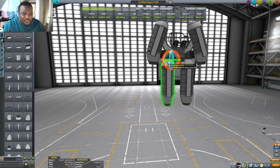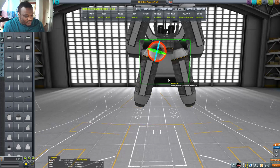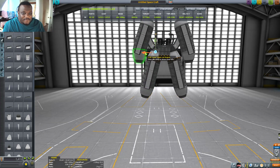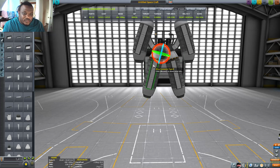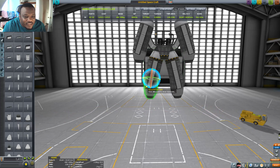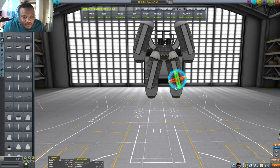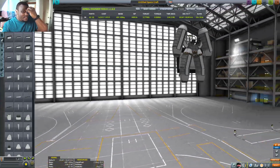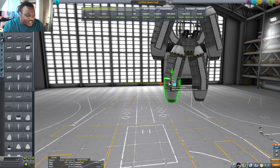Alright. So let's rotate these. So he's not just standing really close to himself like that. Let's move the legs up quite a bit. Alright, so now we just got to get the legs right. I think I will bring his legs in right here. This one I actually need to be straight. Alright, and so the reason I want this to be straight is because I actually need to pull this up,